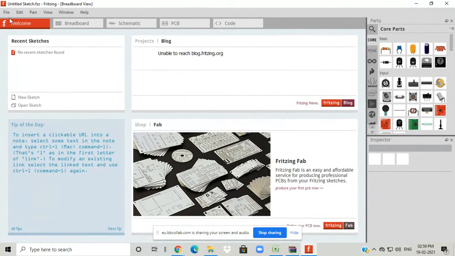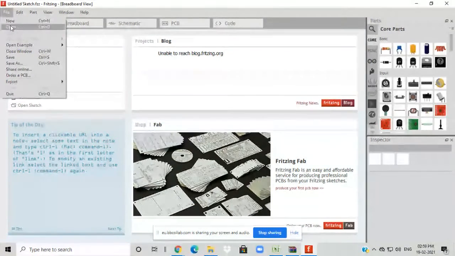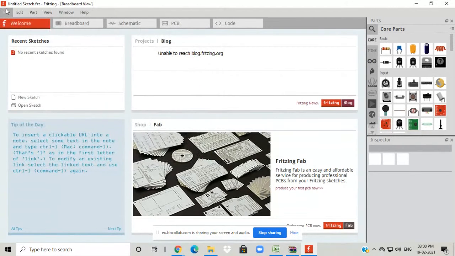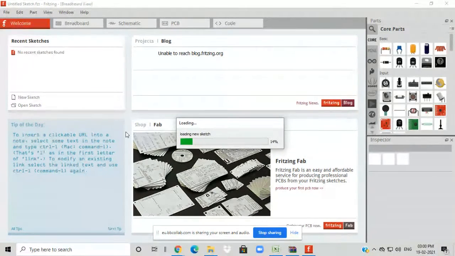Okay, now how to start a new project? Click on file, then new. It will open a new sketch.